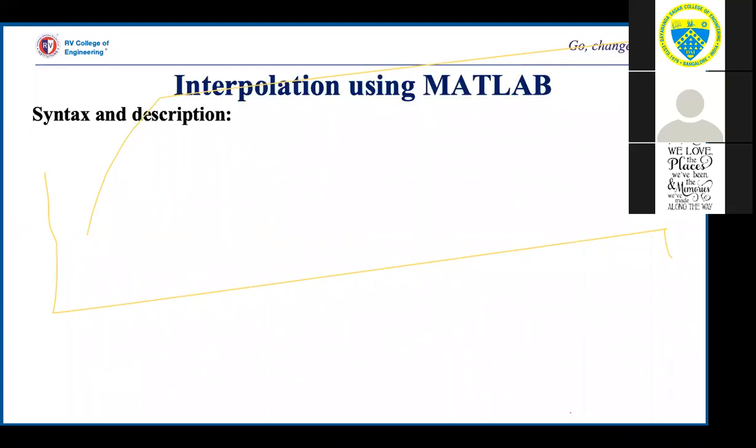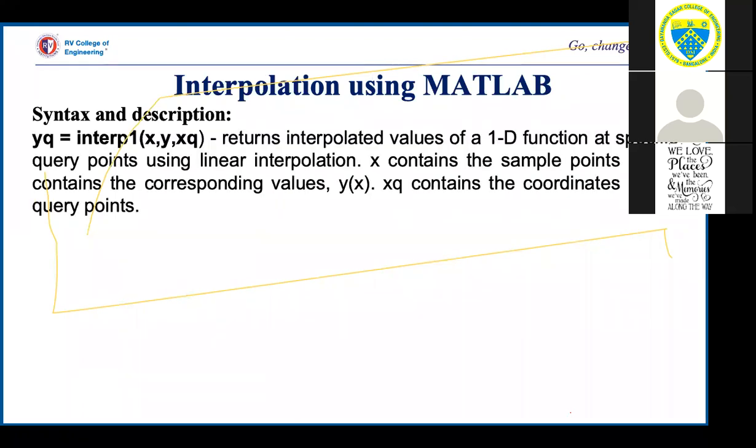So let us learn how to implement this using MATLAB. Syntax is interp1, where x comma y are the data and xq is the point at which you need to find the value y.